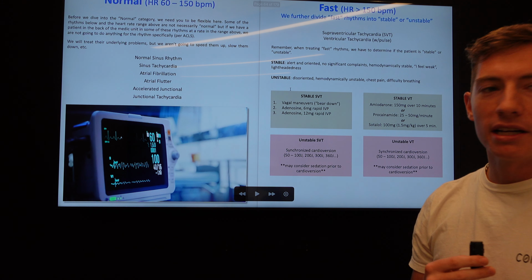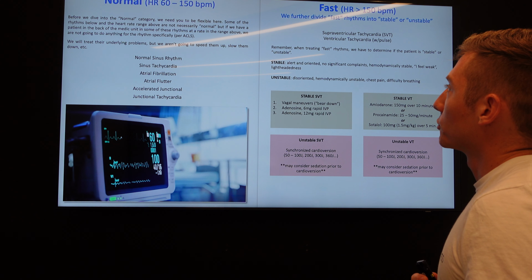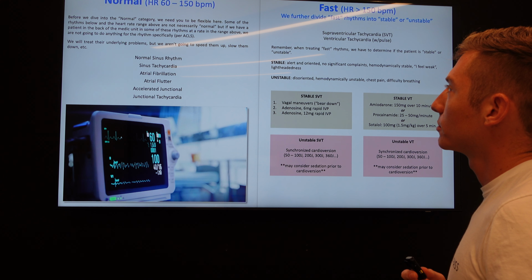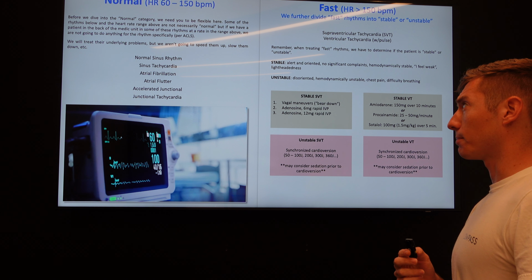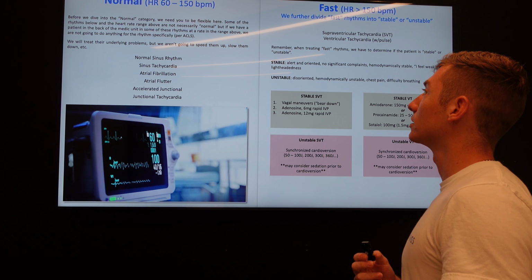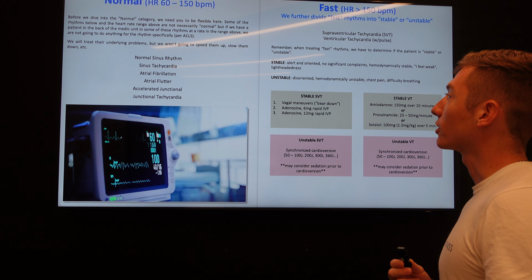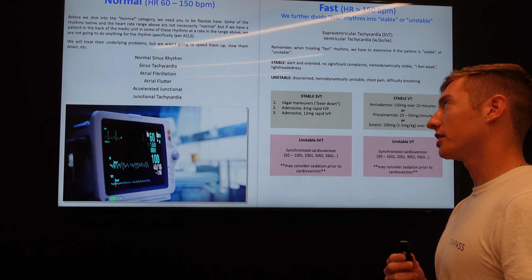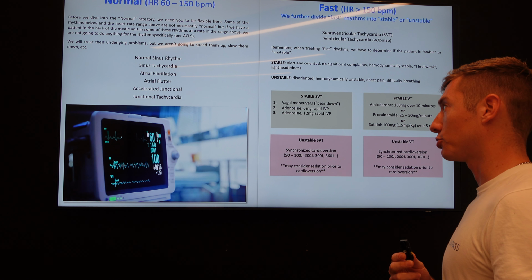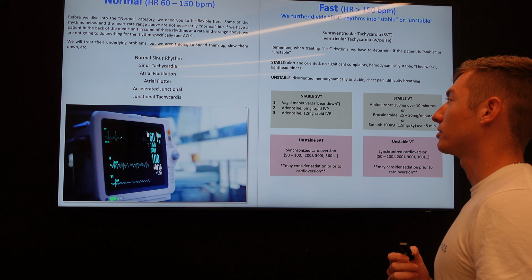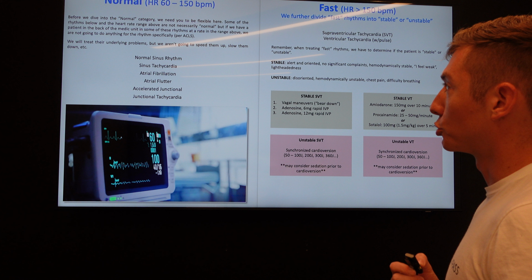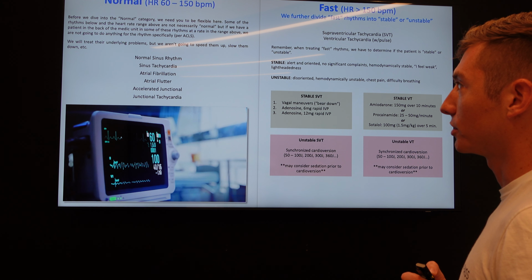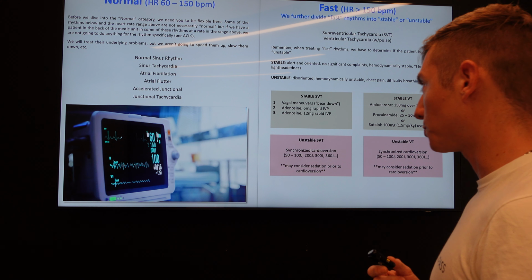As far as normal heart rates, we want you to be flexible. Some of the rhythms, not necessarily normal, but if we have a patient in the back of the medical unit, okay, so we have normal sinus tachycardia, atrial fibrillation, atrial flutter, accelerated junctional, and junctional tachycardia. So treat the underlying problems, but we're not going to adjust anything to do with the speed or rate of